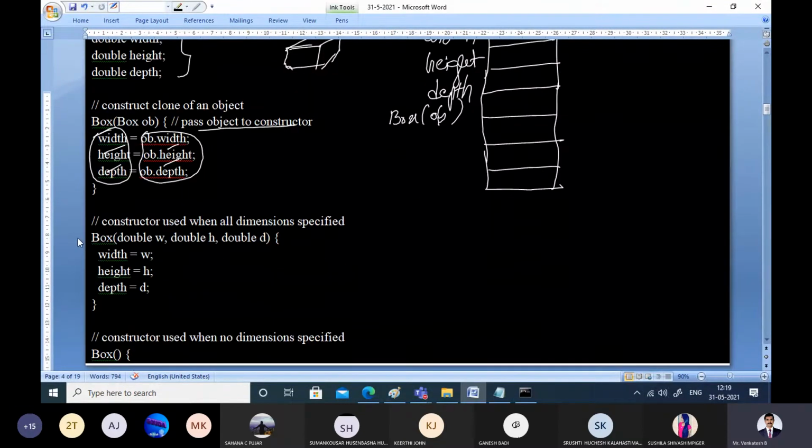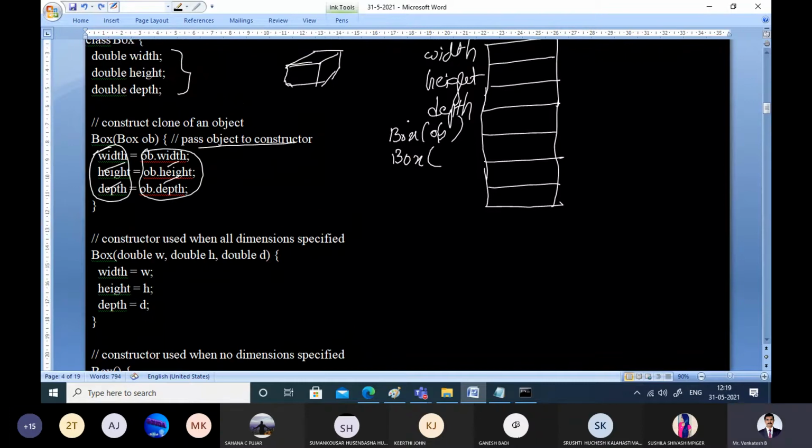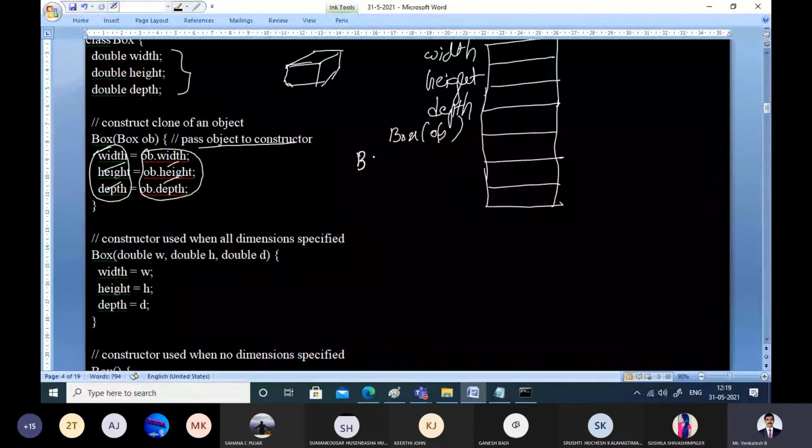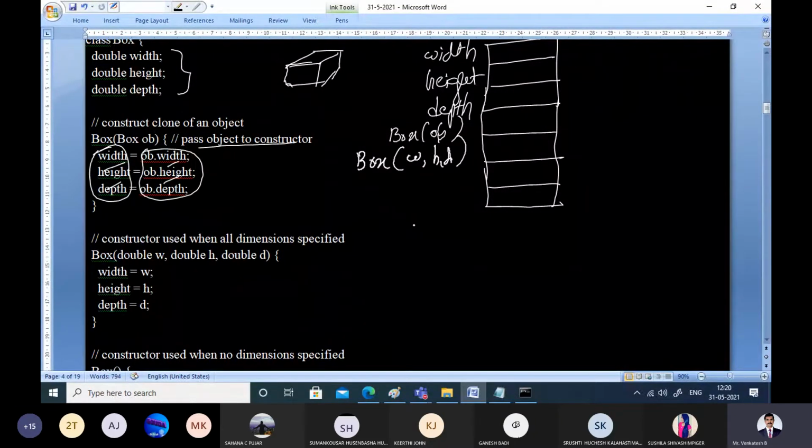Now let us see one more constructor. This is the constructor when all the dimensions are individually specified: width, height, and depth. The width is being assigned to width, h is being assigned to height, and d is being assigned to depth.